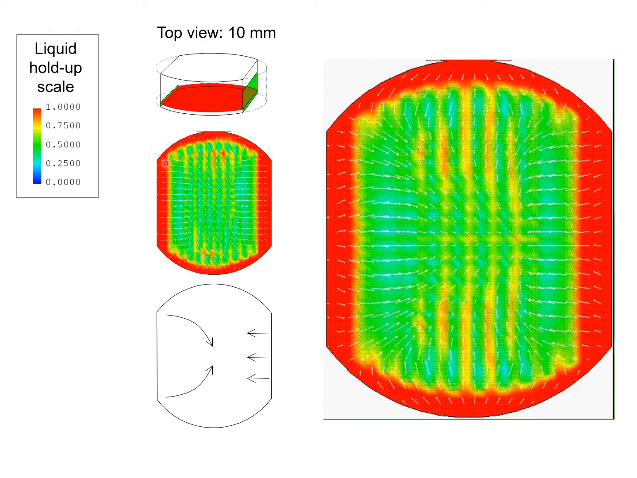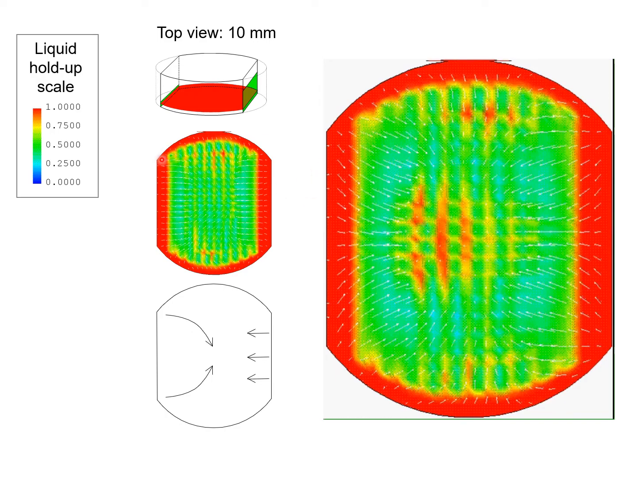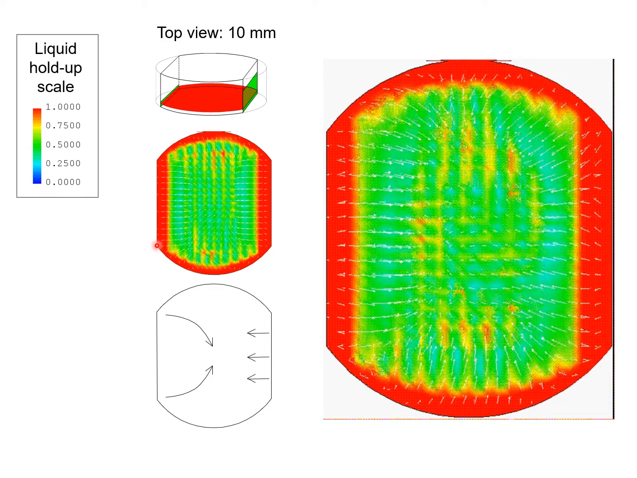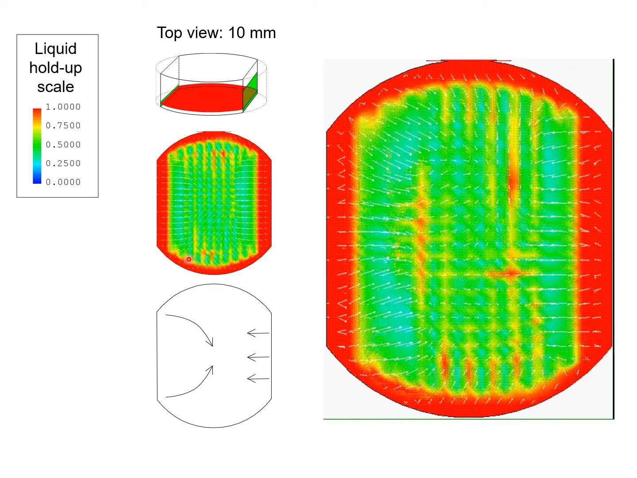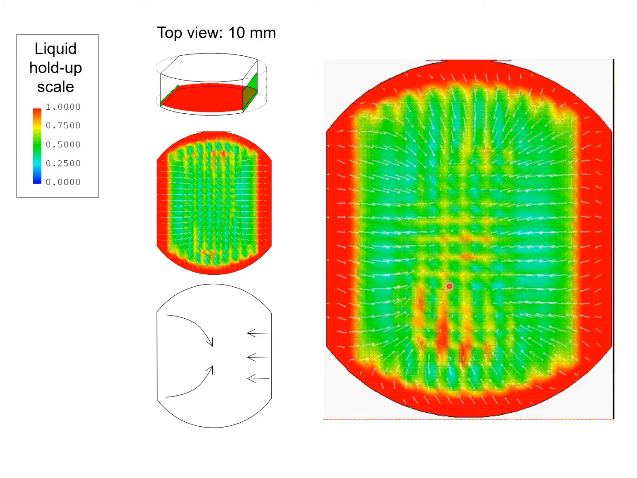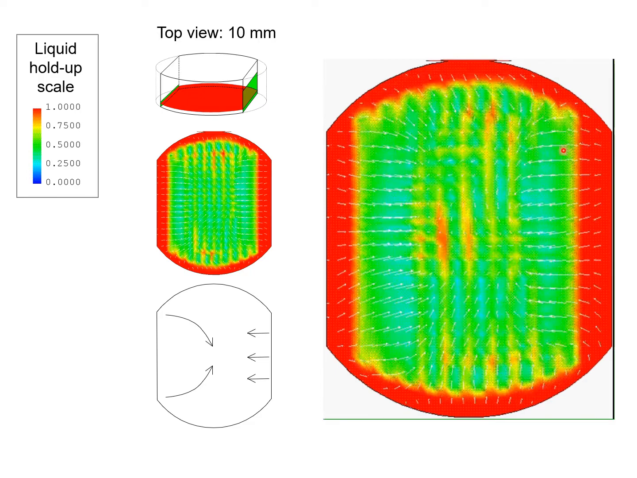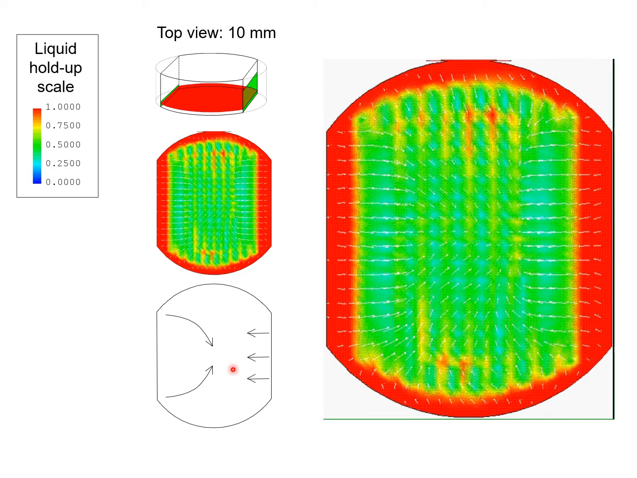We note that all velocity vectors are drawn towards the middle of the tray. You can see all these velocity vectors seem to converge in the middle. So I give you an indication of these velocity vectors. That is because this is the liquid inlet, this is the liquid outlet. The liquid is drawn towards the middle before the gas